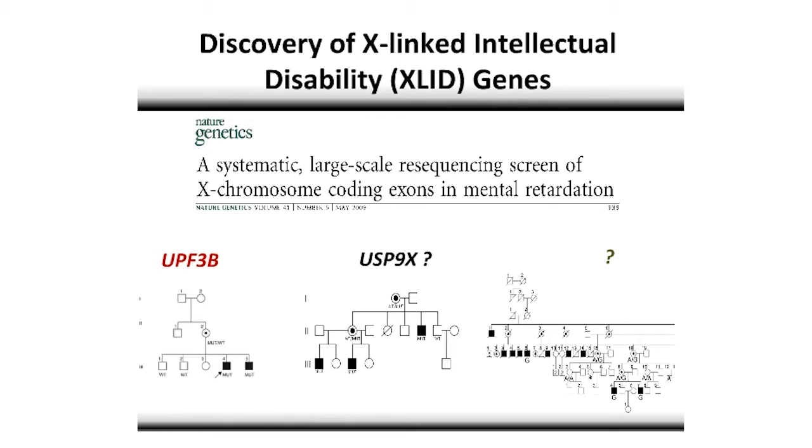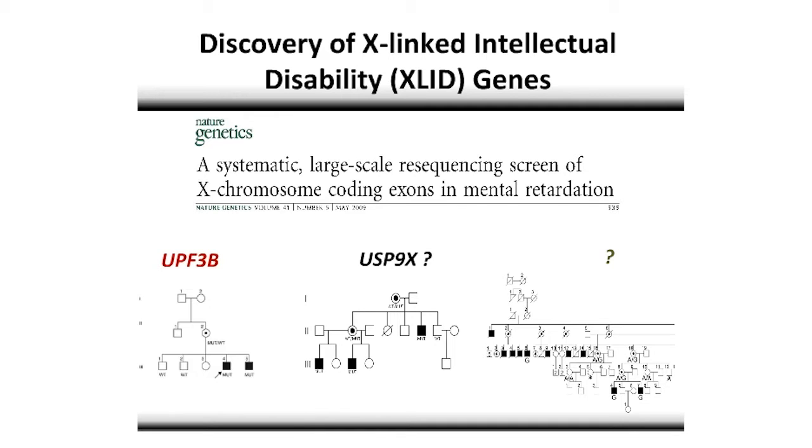which is quite compelling evidence that this gene and the mutations in this gene, which were mainly loss of function, and in some instances complete knockouts, was involved. For other genes like USP9X, there was some indication that the gene could be involved, but not a lot of other genetic evidence to suggest it definitely was. And for some families, like this one on the right, despite sequencing the whole coding region, we still did not have an answer of what gene was implicated. So today I wanted to talk to you about two of these genes, the UPF3B and this undiagnosed family on the right. And so in a way, the talk is split up into two parts.